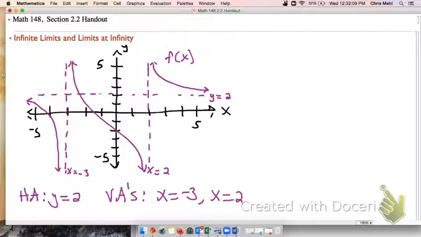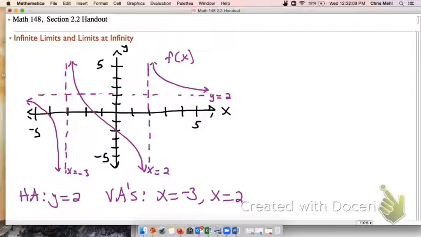Now again, a vertical asymptote is a vertical line that the function gets close to as x approaches that particular value. So one of the vertical asymptotes is x equals negative 3, and you'll notice that either to the left or right of that vertical asymptote, the function is either decreasing or increasing without bound, meaning as you get close to the vertical asymptote, the value of the function will either